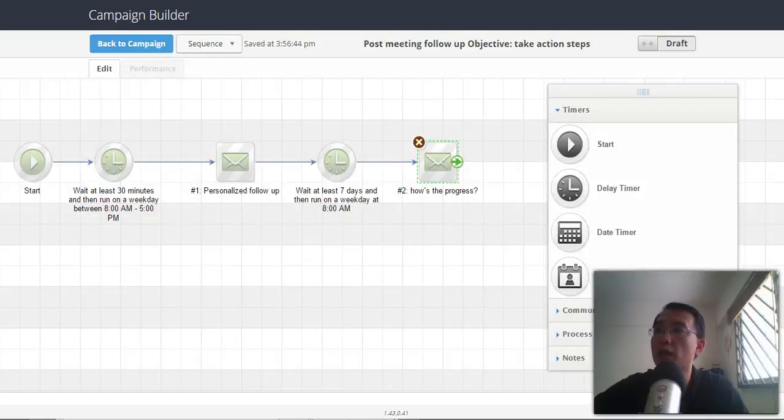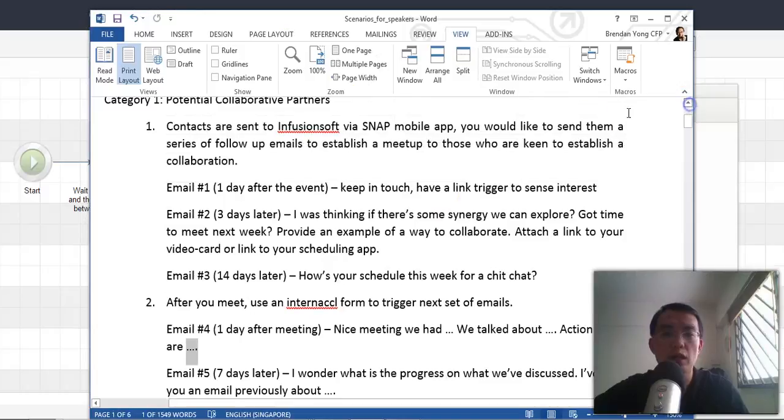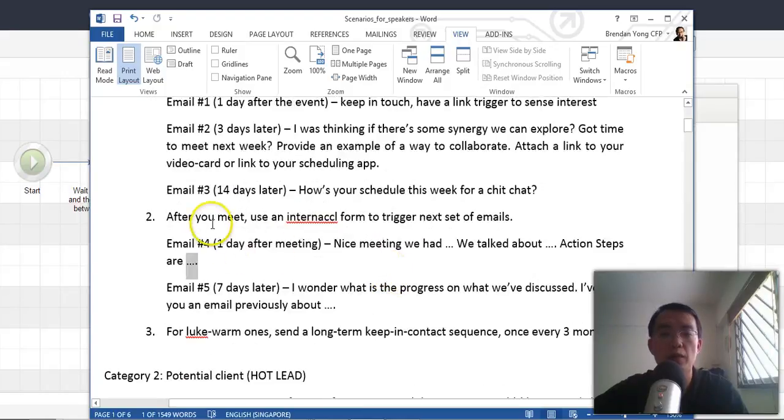Okay, and looking at what we've built so far, we have fulfilled most of the criteria. One day post event, keep in touch 3 days later to explore synergy and ask for a meeting, and if the meeting happens, then to have an internal form to send a personalized follow-up email, and 7 days later send a reminder. Now there is this following up of lukewarm, so those that we did not manage to meet and or really didn't respond to us, we want to keep in contact every 3 months and send